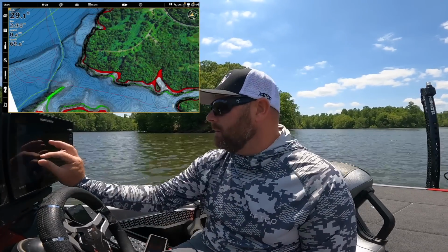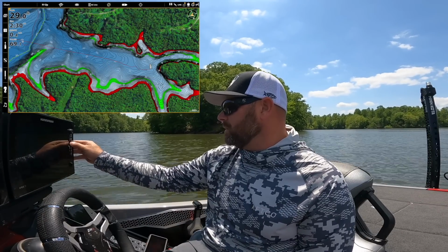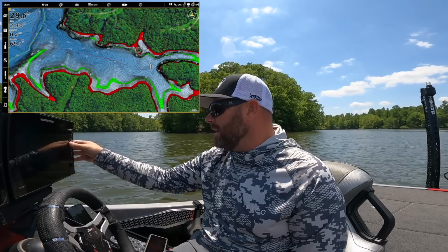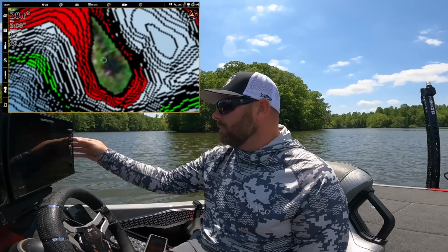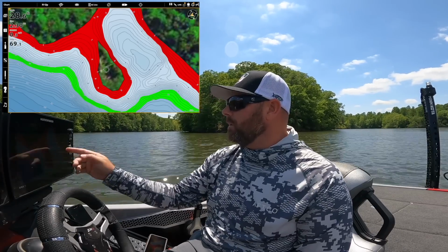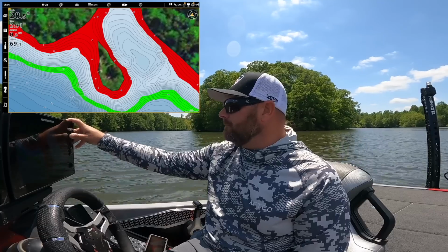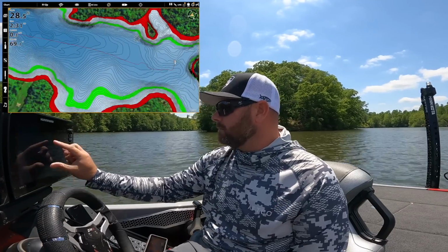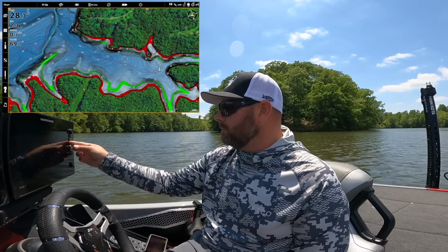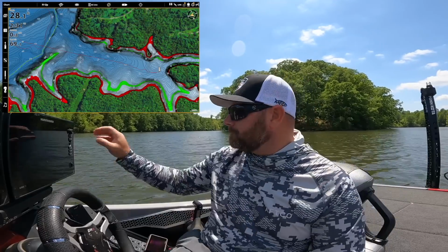So when you're looking at a map like this, we have the spawning bay back here. Let me move this cursor so you can see it. Spawning bay is back here. We actually have an island top right here. It's surrounded by shallow water on the back, but you can see that's an island top with deep water, 13 foot over on the inside. And then also in this bay, we have some good little, I'm gonna call these little secondary points. Okay, so a secondary point,